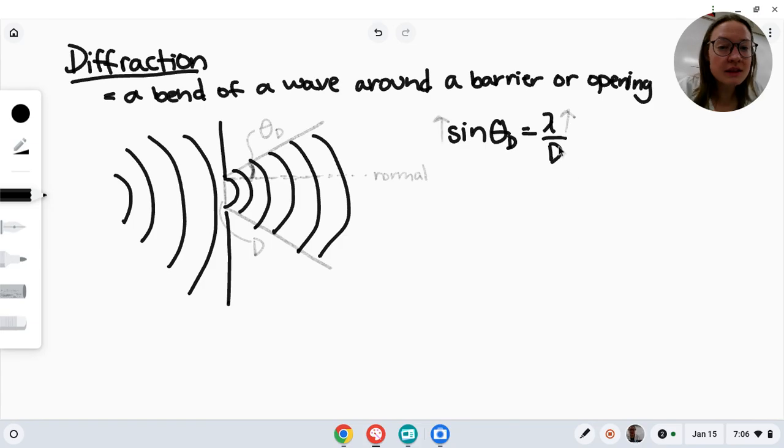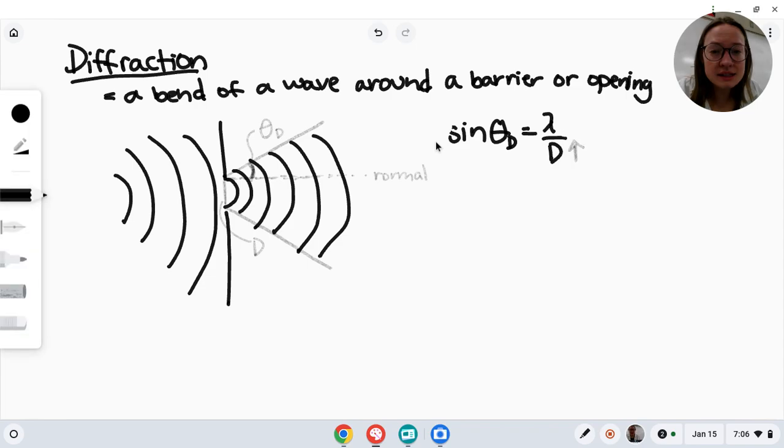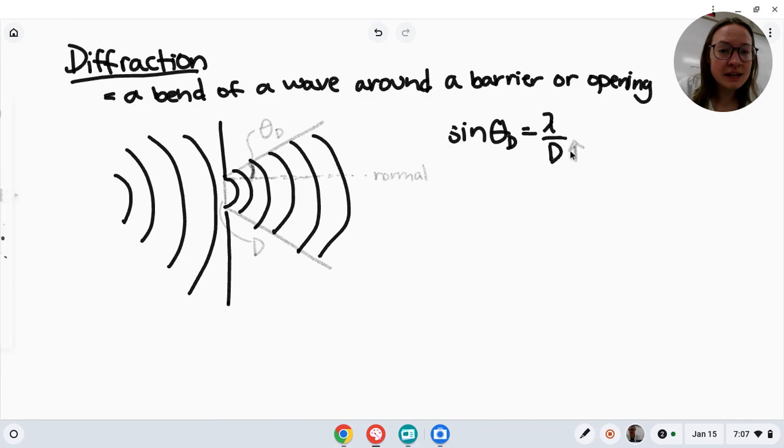The other thing that matters is the size of the opening. If you have a nice wide opening, well, something's not going to have to bend that much to make it through because the opening is enormous and anybody can pass on through. So the bigger the opening, when the size of the diameter of the opening increases, well, the diffraction, oh no, I did this bad. Okay. When the size of the opening increases, if you have a nice wide diameter, you need a lot less diffraction. And so the angle of diffraction is less.